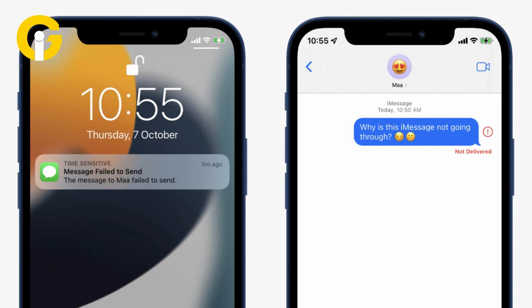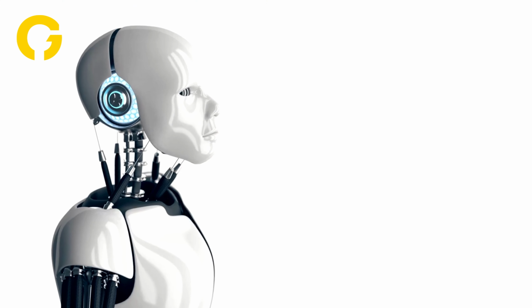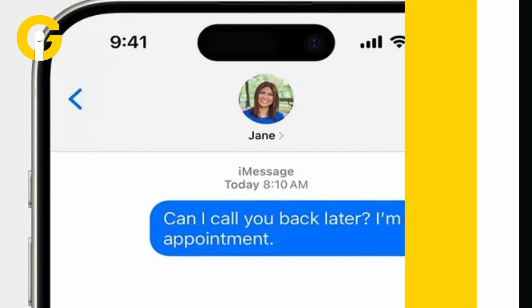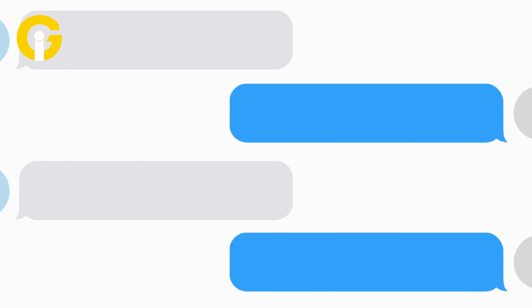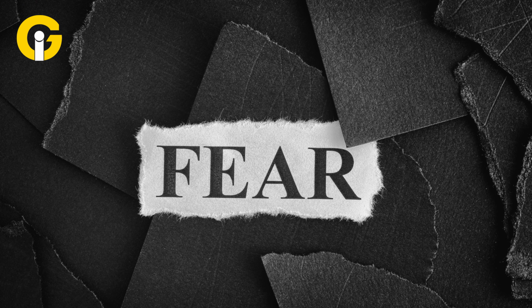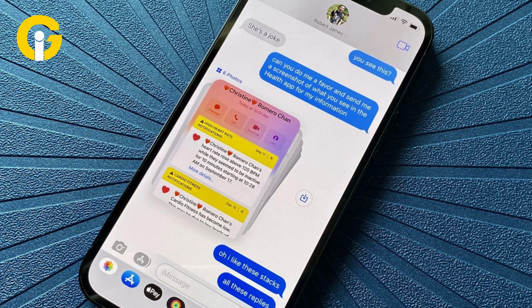iMessage not working? Here's how you can fix it on iPhone, Mac, and iPad. Are you tired of encountering roadblocks in your digital conversations due to iMessage not working? The frustration of messages not delivering, blue bubbles turning green, or conversations appearing out of order can be maddening. But fear not. In this comprehensive guide, we'll explore the common pitfalls of iMessage and equip you with practical solutions